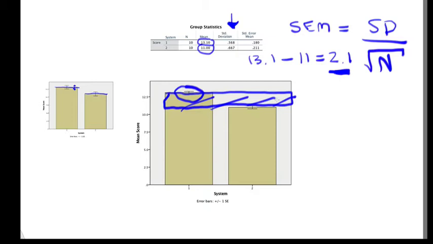If, however, there had been overlap, so if the intervals had looked something a bit more like this, then there's an overlap between the two, this region here, that would tell us for certain that the difference between the means is not significant. So not particularly what we wanted to look for probably, but it tells us that they're not significant. The reverse,